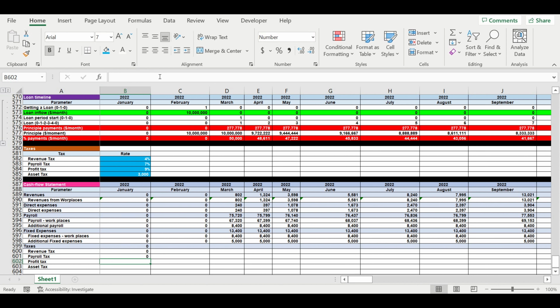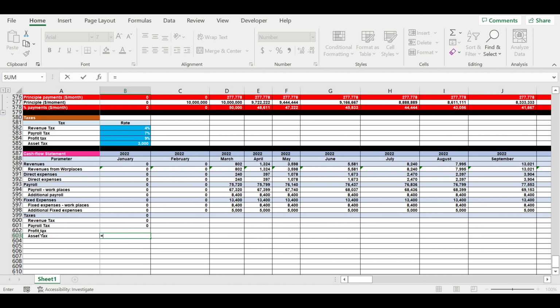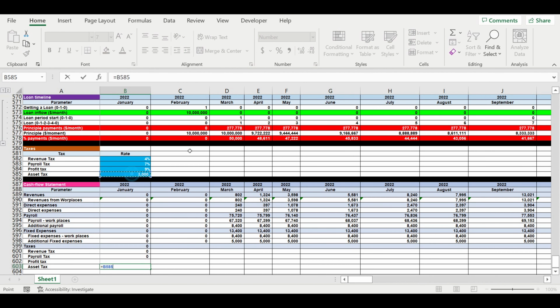Then we will skip profit tax and move to asset tax. We will calculate profit tax a little bit later. Asset tax, when we add loan payments. For asset tax, we will take this value